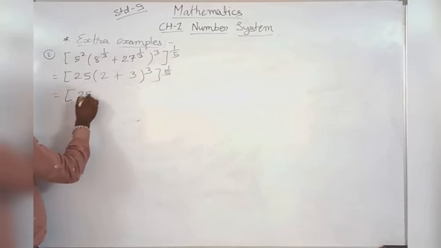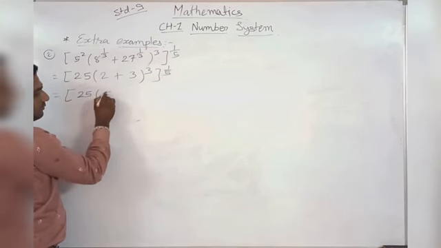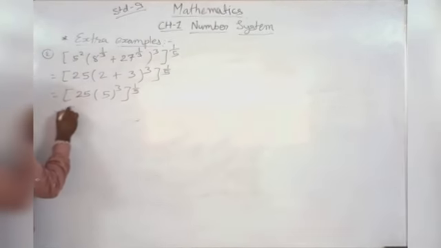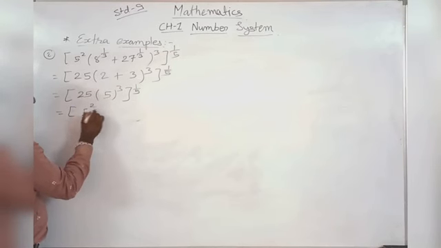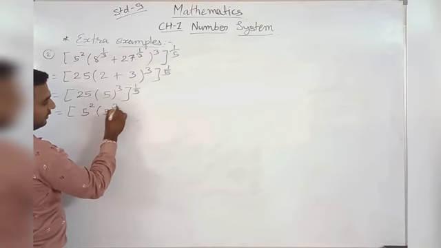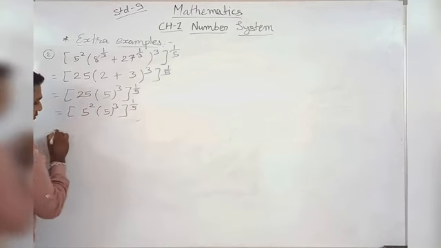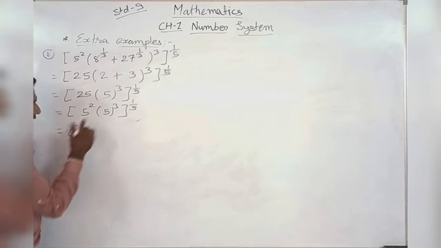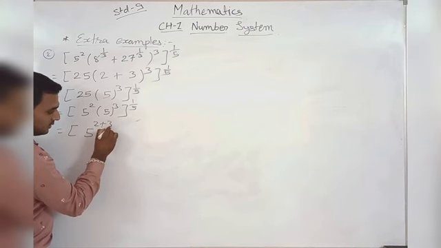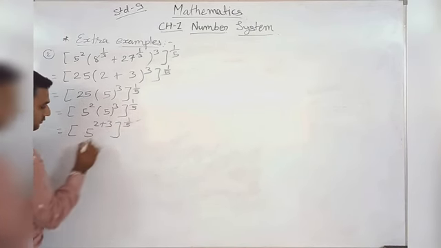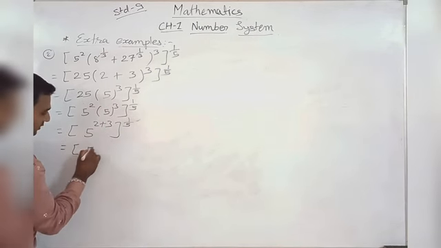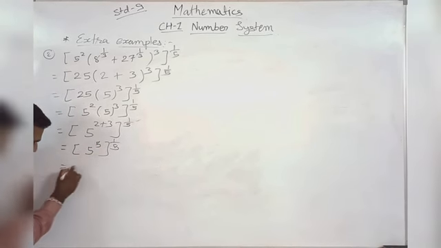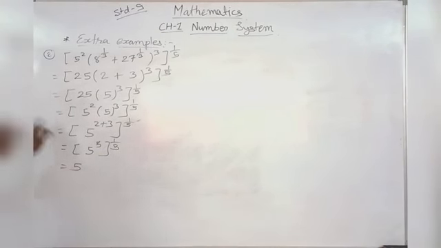It is 3 power and it's 1 upon 5 power. Here it is 25. Here 2 plus 3 is 5, and its power is 3, with 1 upon 5 power. So 25 is 5 to the power 2 and it's multiplied by 5 to the power 3, so 2 plus 3, with 1 upon 5. Here 5 to the power 5 and it's 1 upon 5. The 5 and 5 cancel, so the answer will be 5. Next,